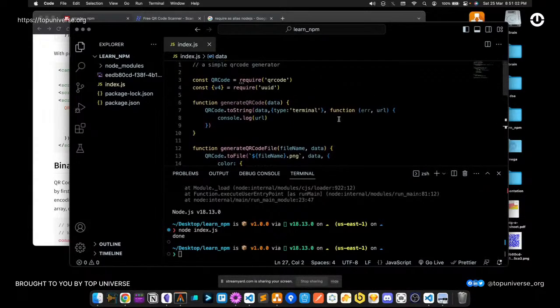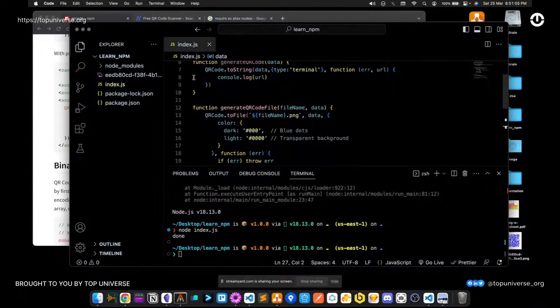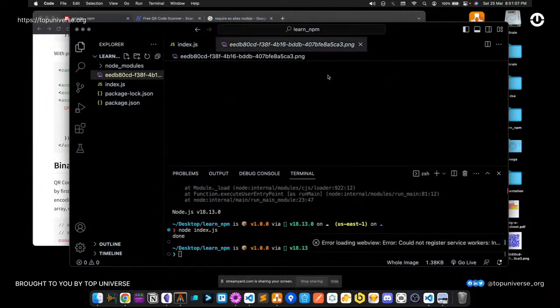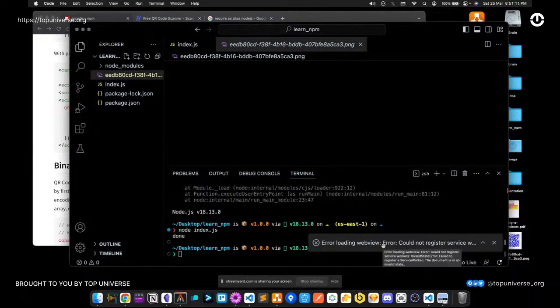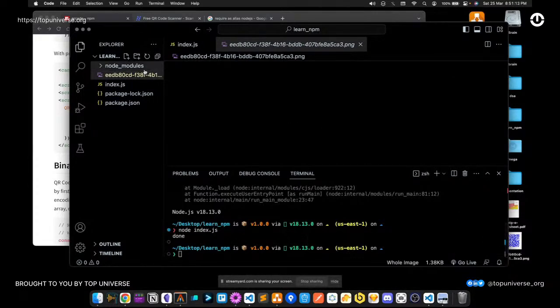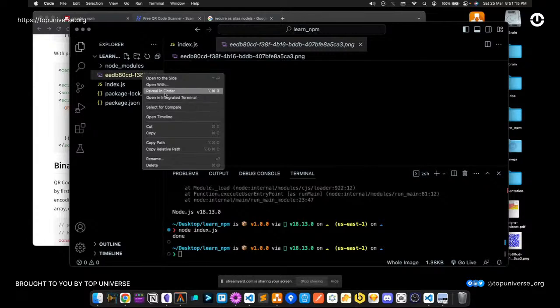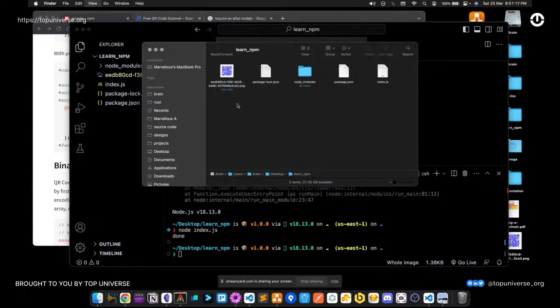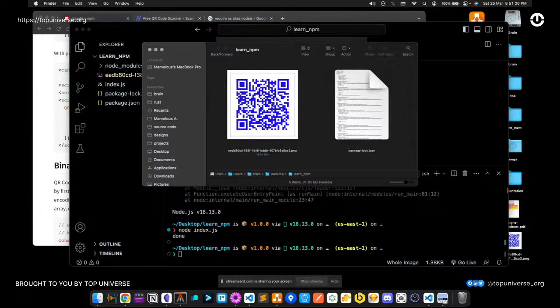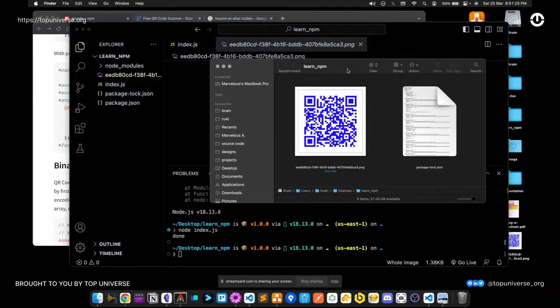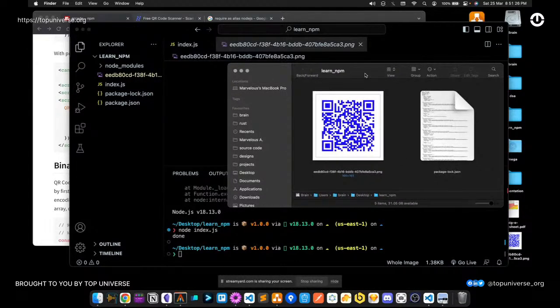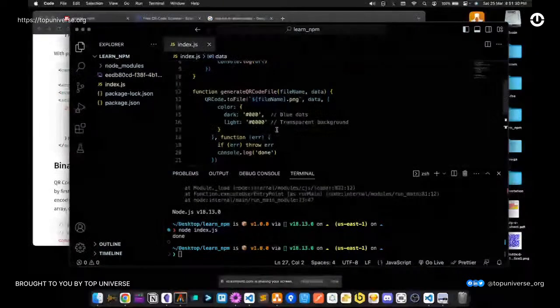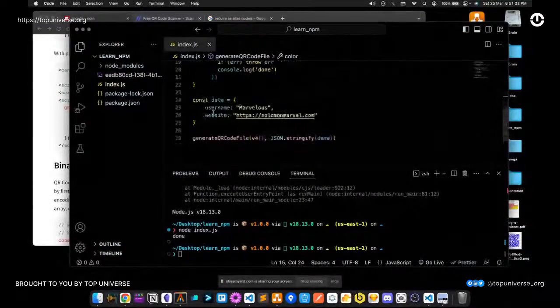What I just used now is the QR code library. We're able to generate a QR code right here. We could not get that to show up here. I think I'm having some problems with my VS Code web view. But of course, I can right click on this and show this in my Finder. And then you can see the QR code sitting right here, which is 164 by 164 pixels in terms of the size. So yeah, I even changed the value there,